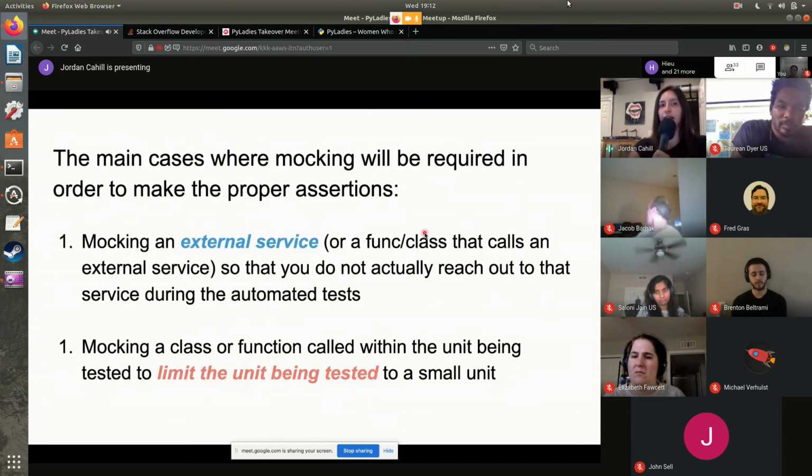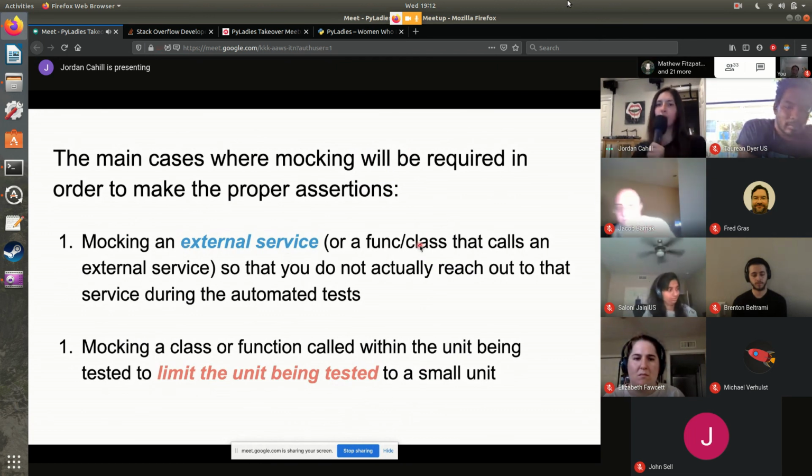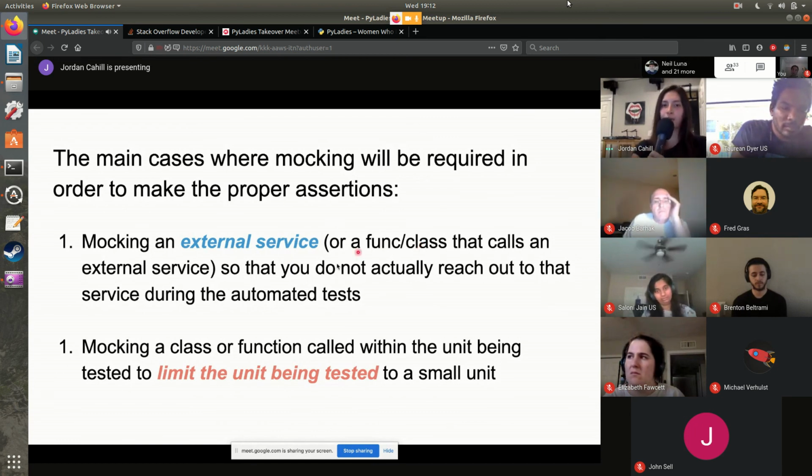But first, I will mention that the main cases where mocking will be required to make the proper assertions are, number one, to mock an external service or a function or class that calls out to the external service so that you don't actually reach out to that service during the automated tests. For example, the SQS queue. Another